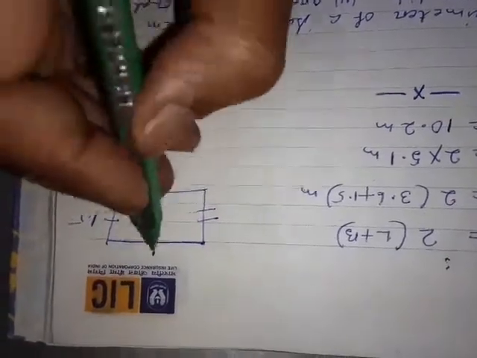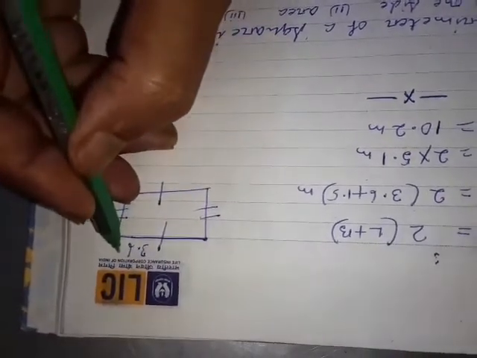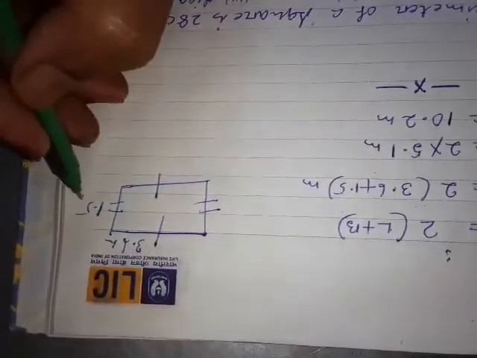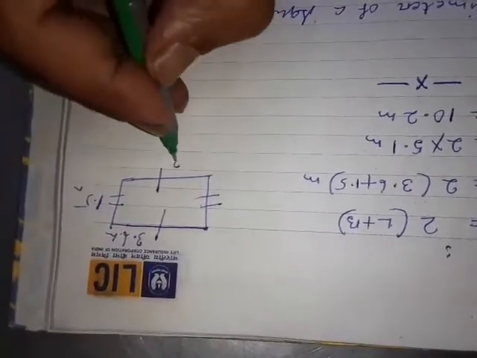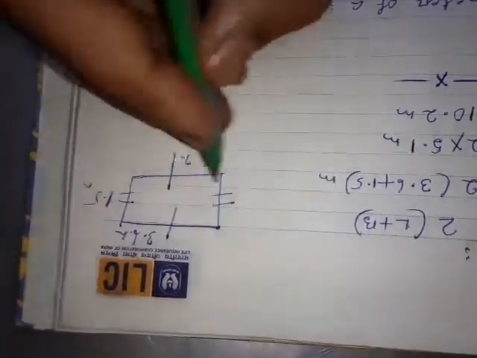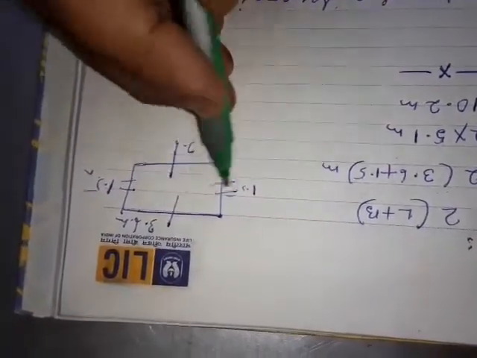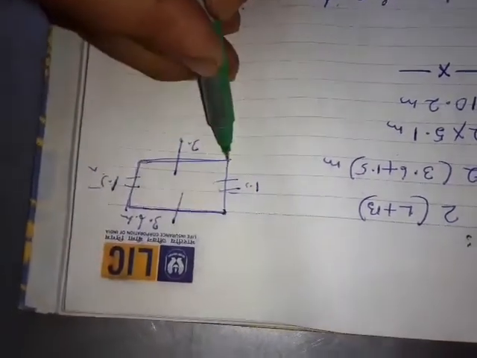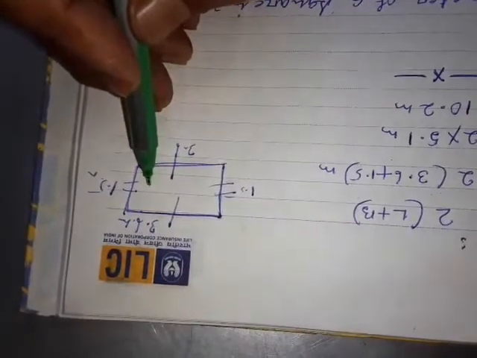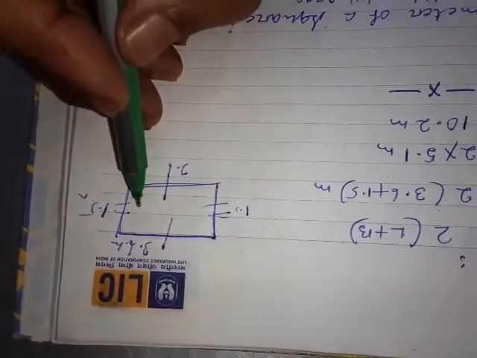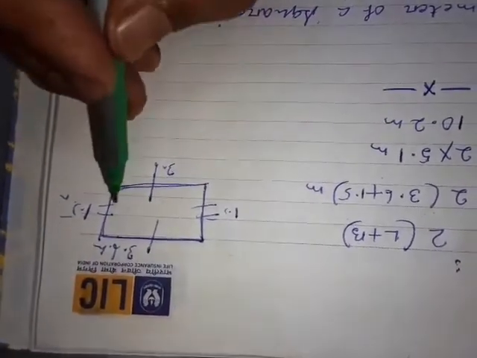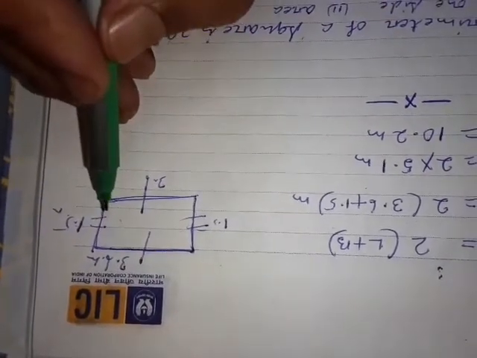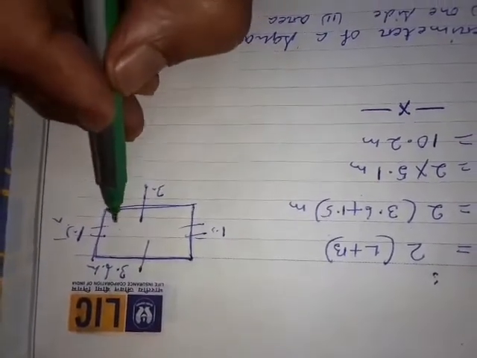Now you got the length. What is the length? 3.6 meter. Both are meters, sorry. Now this is 3.6. What is this one? 3.6. This is 1.5. What is this one? 1.5. So if you forgot the formula, what will you do here? You add all the lengths together. Will you be able to find the perimeter of the rectangle or not? Because perimeter of any figure is the sum of its boundary.